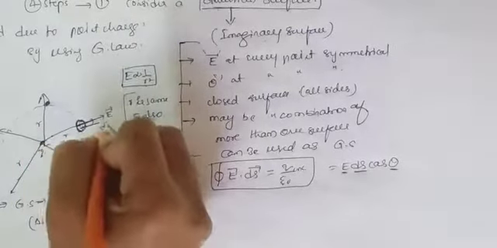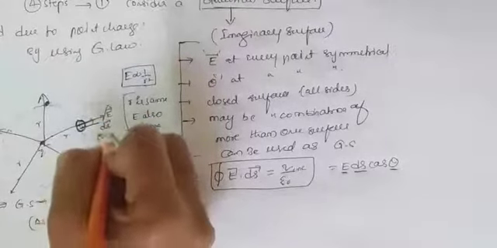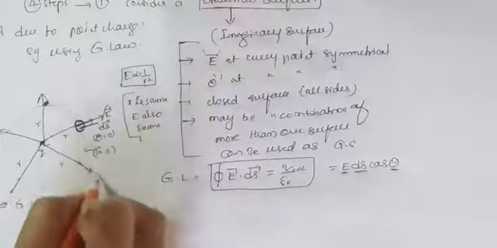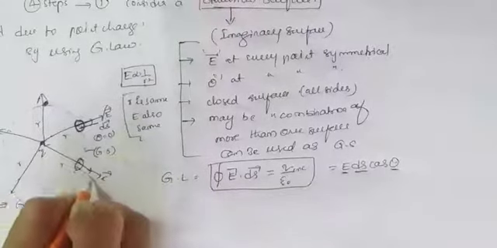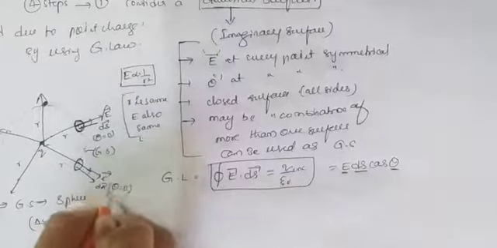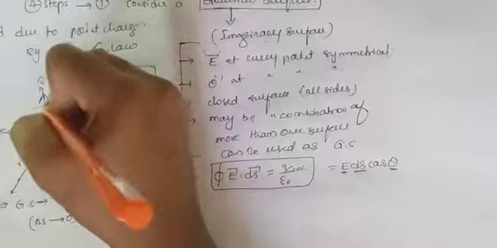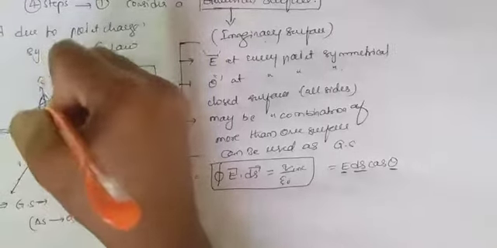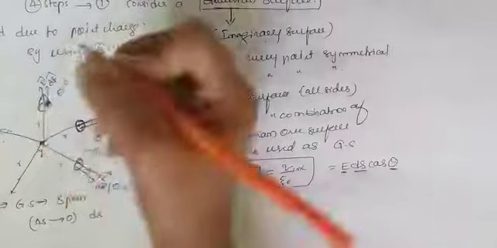Okay, so this is the ds vector, so there is no angle between those two, so theta is equal to 0. Here also this is the electric field vector, and here we are taking the small area, so this is the area vector dA, and here also theta is equal to 0. Here again this is the electric field vector, and here we are assuming a small area, and this is the area vector ds, so here also theta is equal to 0.